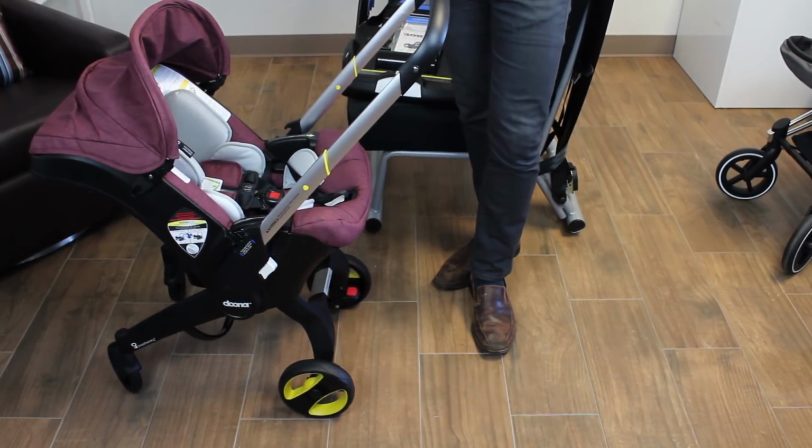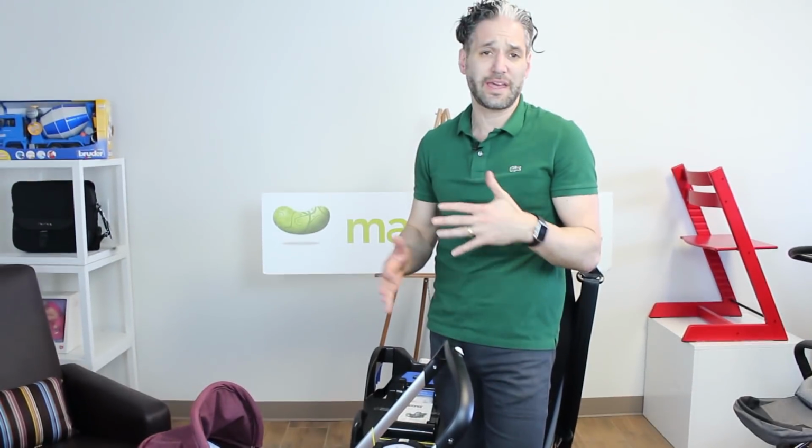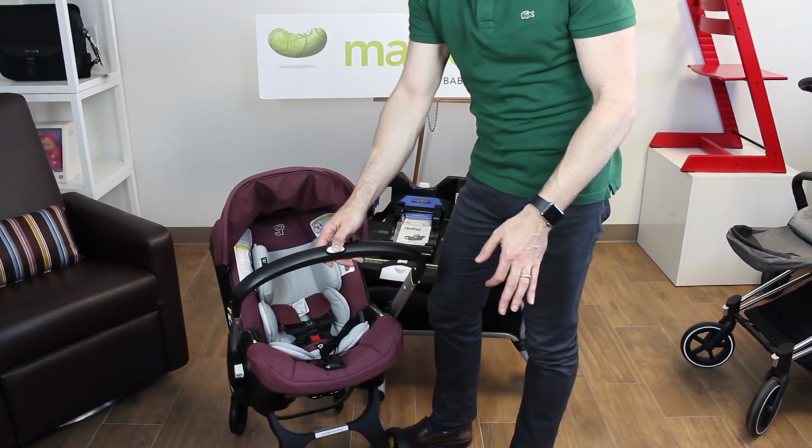This is so good for people on the go, people who travel a lot, people who are constantly going in and out of taxis. This is a great product. It's also good to supplement with a larger stroller. Maybe you have a running stroller in your garage and you use this for on the go, going to the supermarket, etc. To close this back up, what you do is you push this button and that lowers the